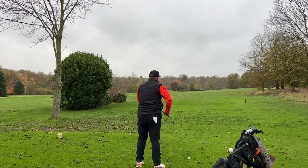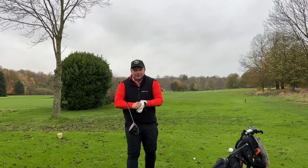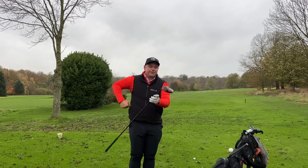Weather is getting worse now. Let's see if we can play a nice big high draw down the Tiger line on this 18th hole. And then, to be honest, the Stealth's 2-0 up, isn't it? But